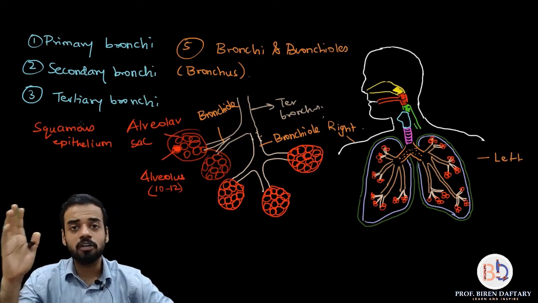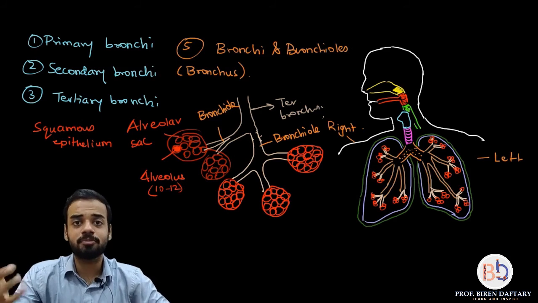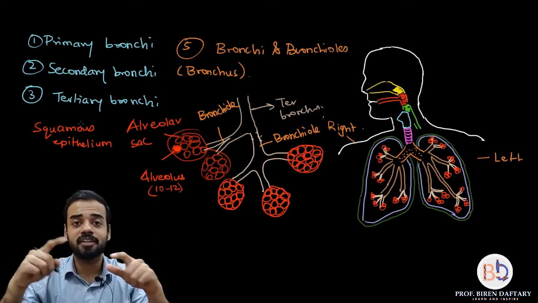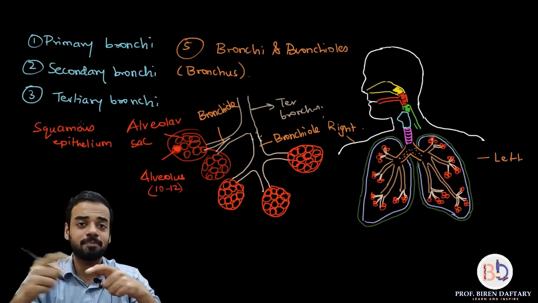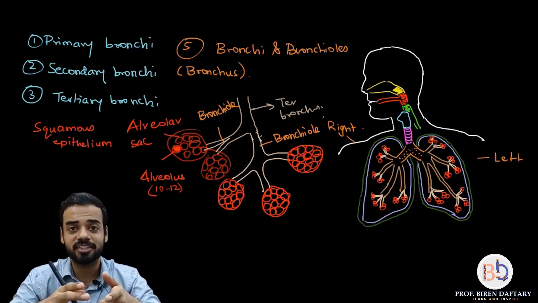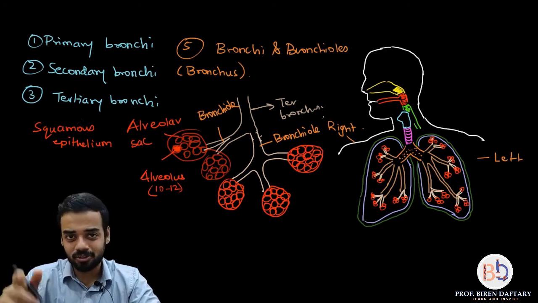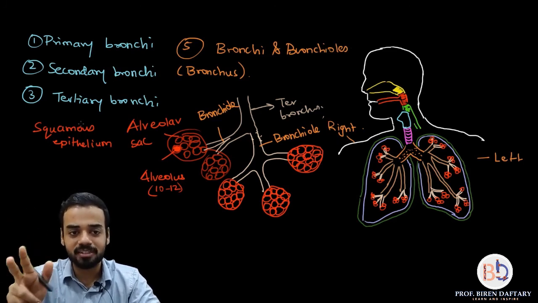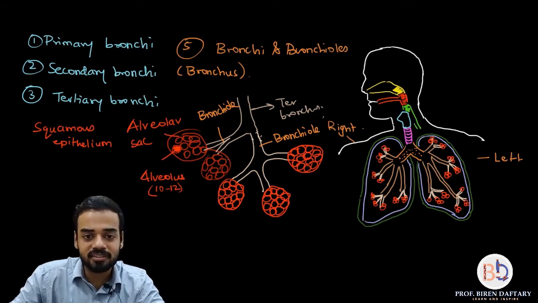So alveoli are surrounded by blood capillaries. I have already told you they are highly vascular because they need to diffuse gases. So pulmonary artery and pulmonary vein are the two vessels. Pulmonary means related to the lung. Pulmonary artery and pulmonary vein are opposite in nature. It is the only artery which carries deoxygenated blood. Pulmonary vein is the only vein which carries oxygenated blood. I will explain this to you in the circulatory system because we are going to study that. But as of now, please remember that there are two types of blood vessels which surround these alveoli.